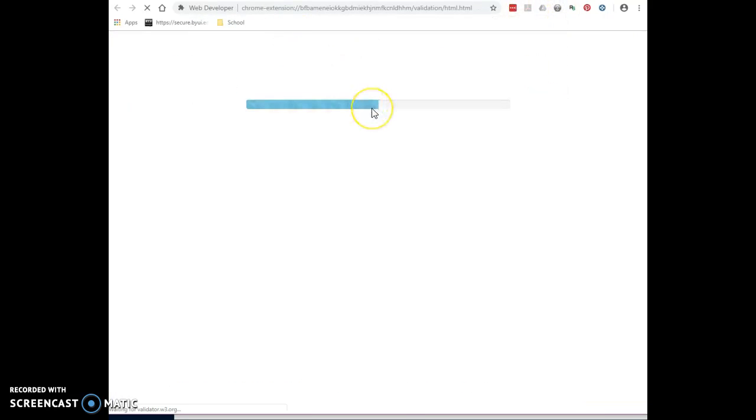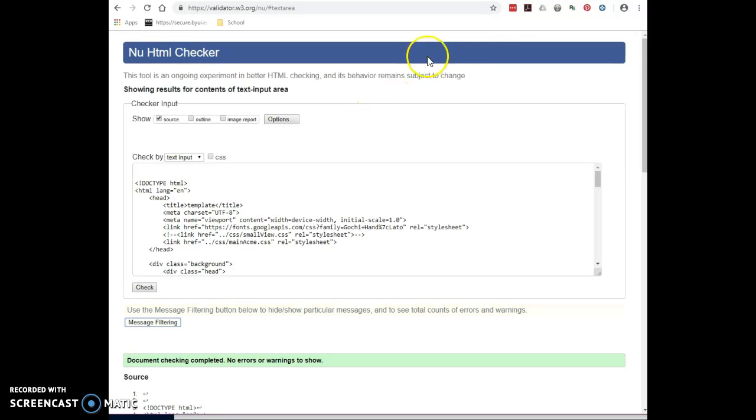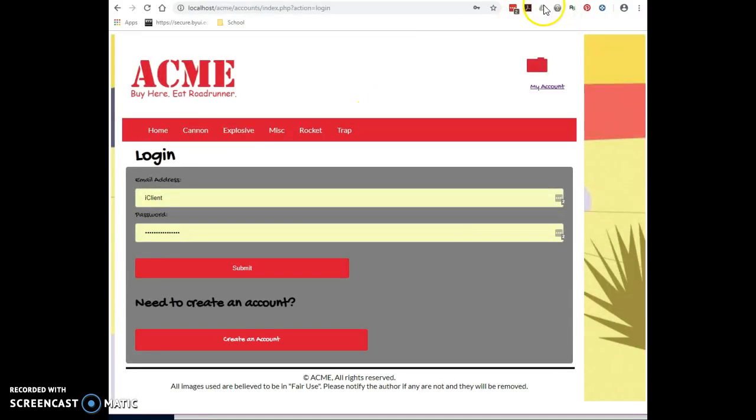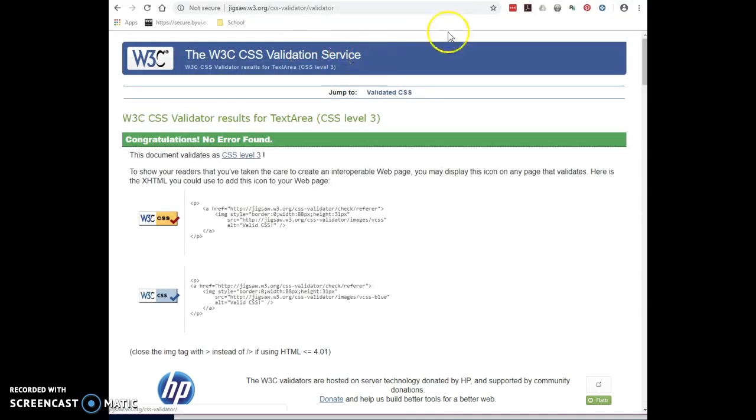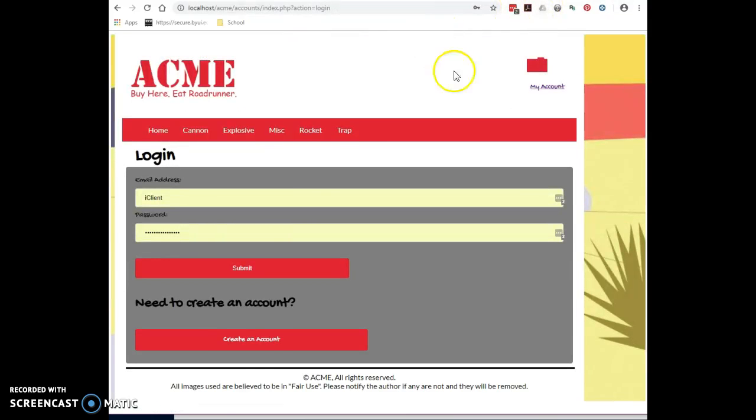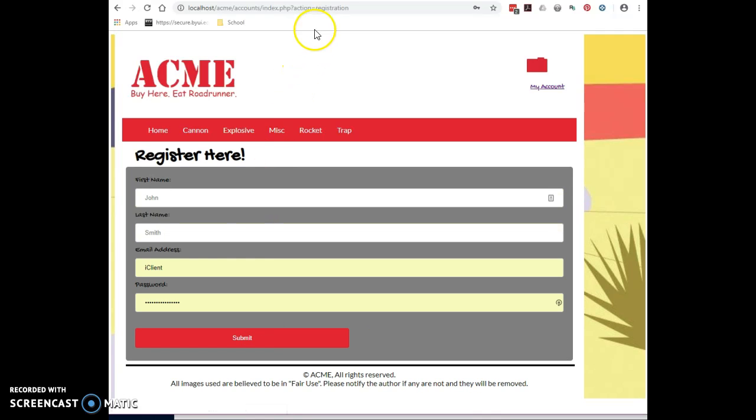here's the HTML, no errors, and the CSS, no errors, and then going to the create an account or register page,